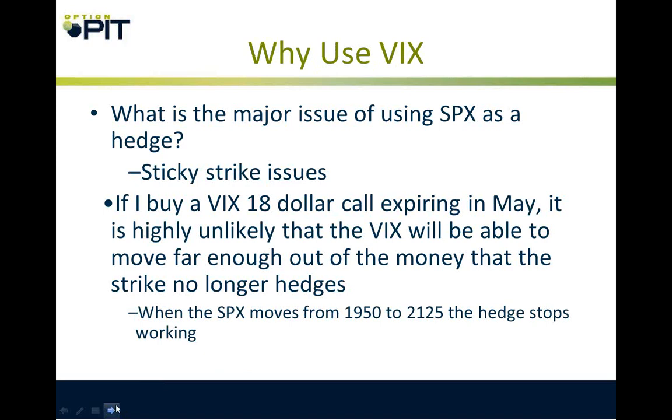So what is a major issue of the SPX? That sticky strike again. If I buy a VIX $18 call expiring in May, it is highly unlikely that, again, the VIX will be able to move away. When SPX moves, the VIX can go to 12, but it can't go to like 0. And so one thing to remember is at the beginning of the year, the S&P was